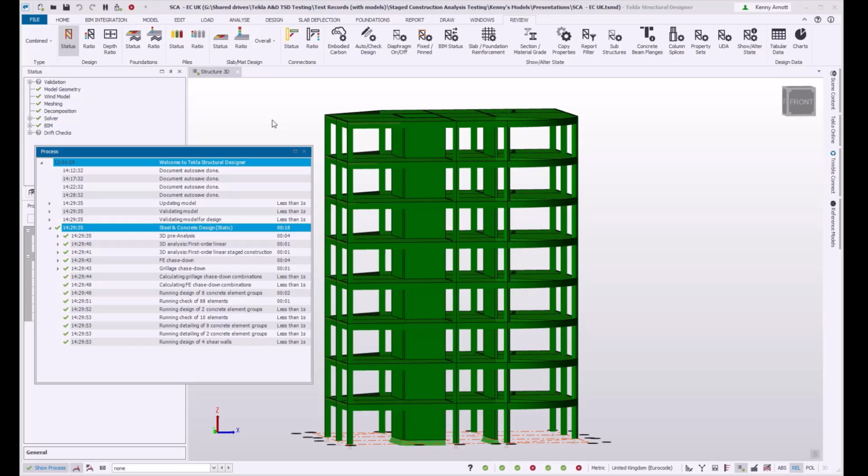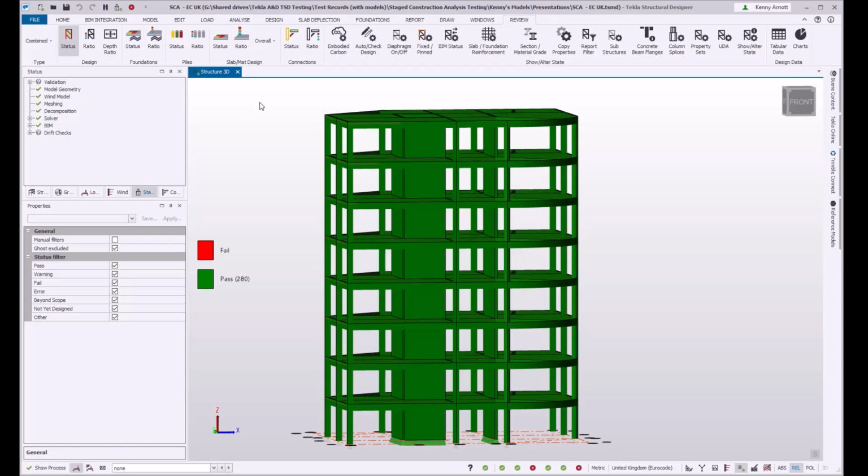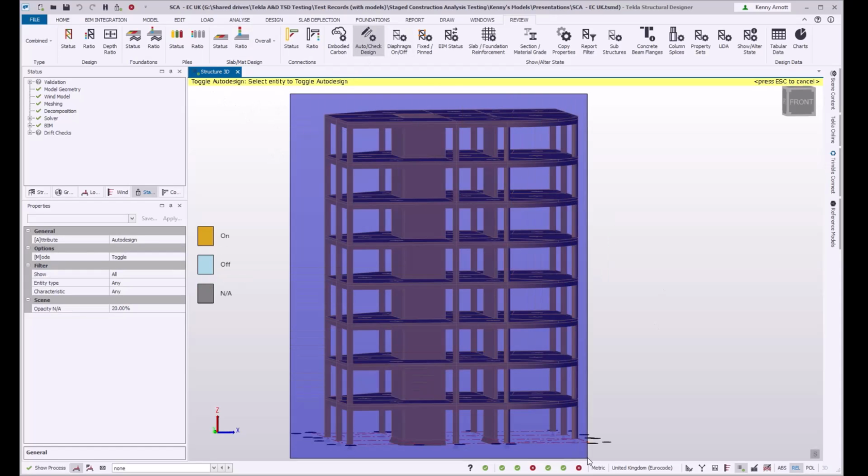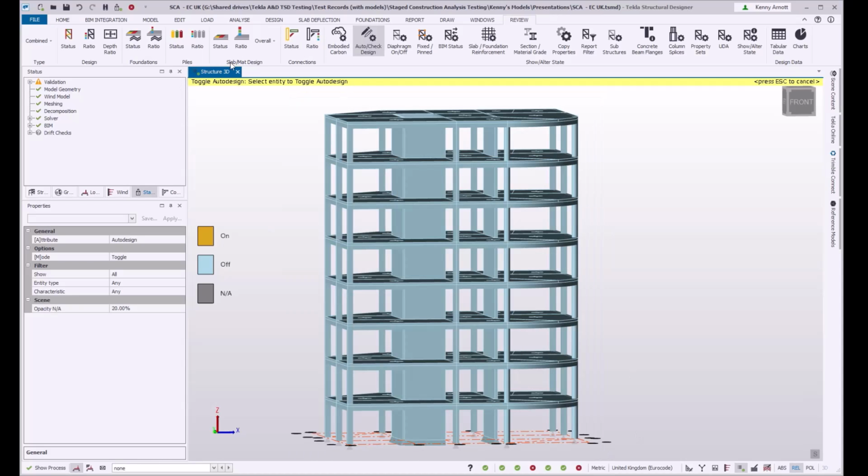So we've designed that structure. I will just go one step further here with this little model. I've designed that structure for stage construction analysis results at one end of that envelope concept, chase downs at the other. Everything's passing. If I now go to auto check design, I'll switch everything into being a check mode only.